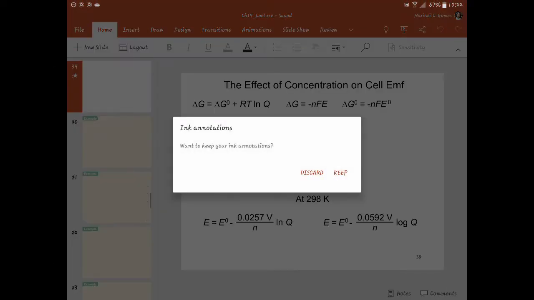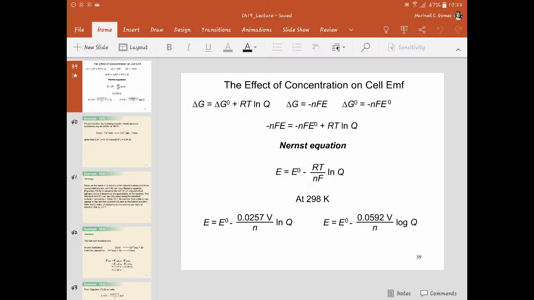Now, let's move on to what is probably one of the most important equations in electrochemistry. So you have your Nernst equation. For the Nernst equation, this one tells us the value of the Gibbs free energy without resorting